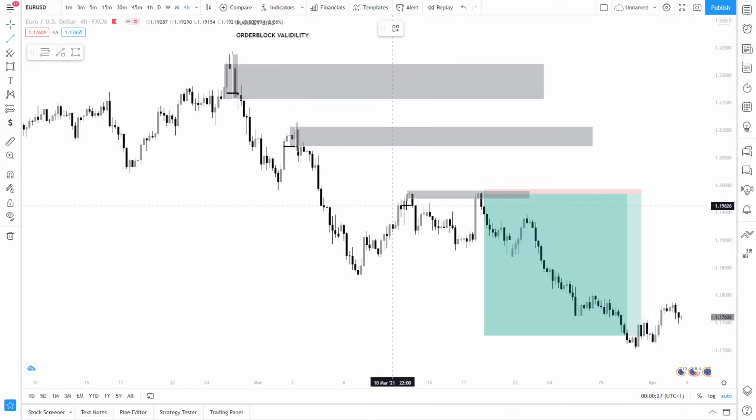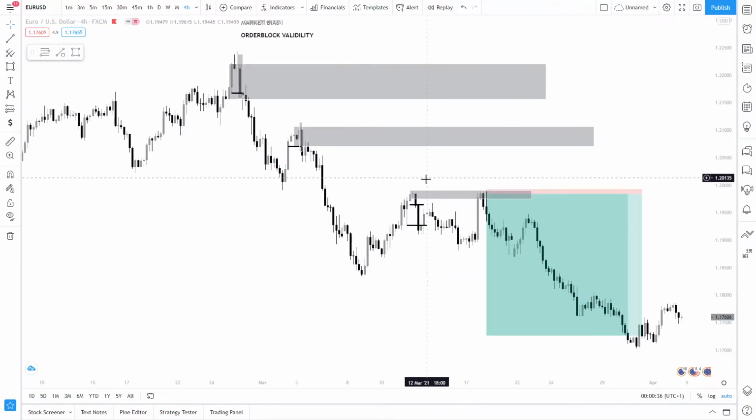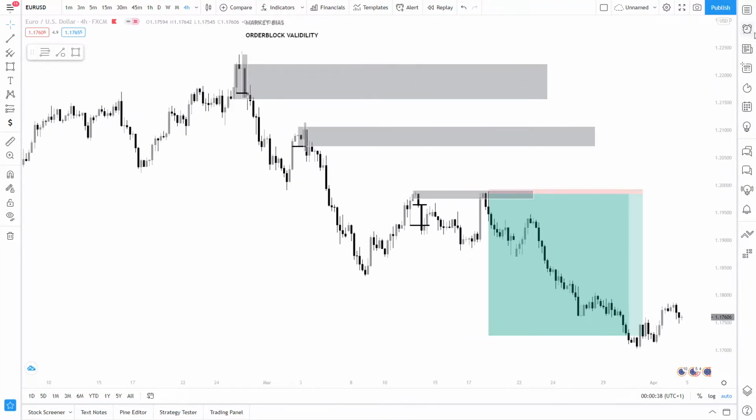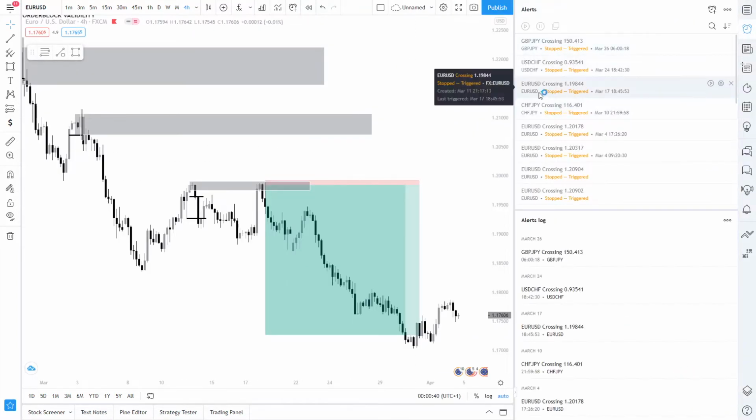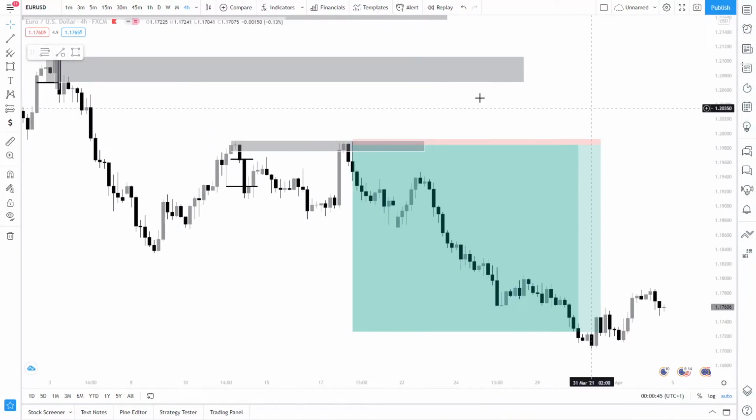So after this, we then go to the 4 hourly, and knowing that all of these order blocks are valid because of the break of structure, actually counters breaks of structure, and also the bearish momentum increase. So if we are present in this market on the 11th of March, you'd want to set an alert and wait for price to hit. As you can see, that's what we have done, and price was triggered on the 17th. So if we look here,